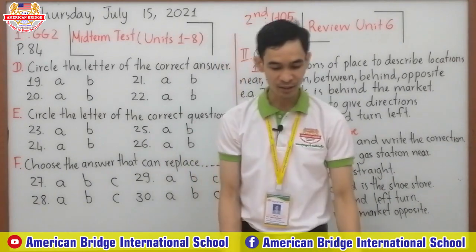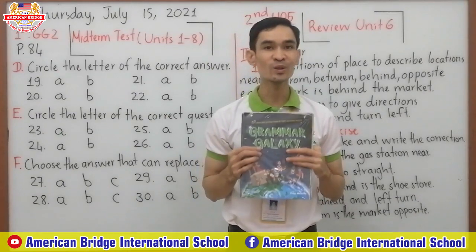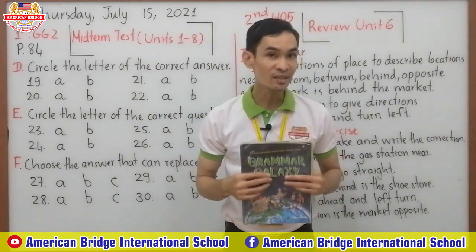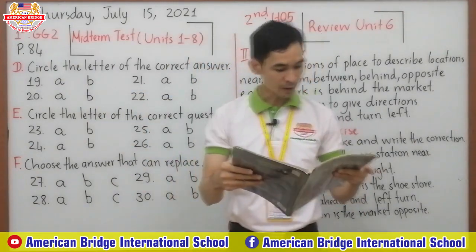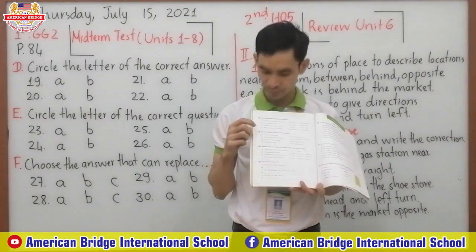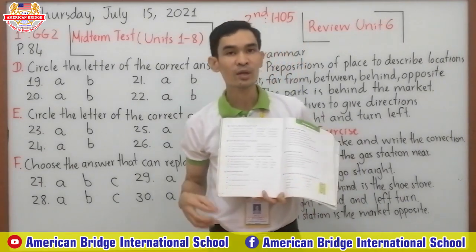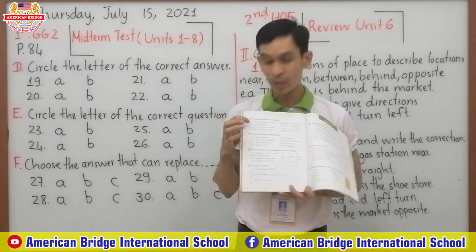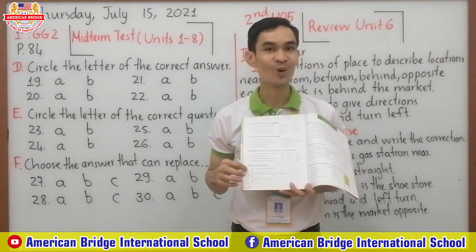Alright, today the first session we focus on Grammar Galaxy 2, right? And today we continue to do more exercises in our midterm test. On page 84, right? Okay, so now open the book all together on page 84. So how many exercises do you see here? 4, right? D, E, F, and G. Because yesterday we already finished A, B, and C, right? Okay, and today we are going to continue 3 more parts, D, E, and F. For exercise G, you will practice with your homeroom teacher.